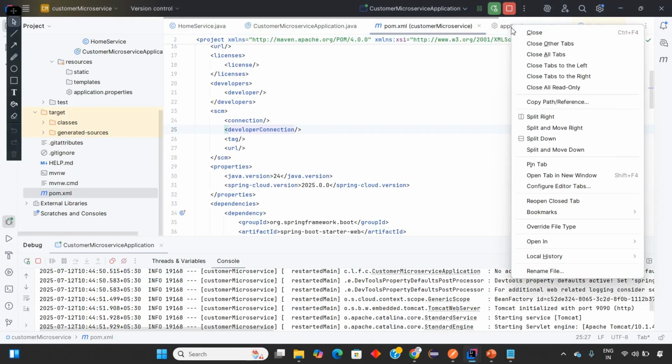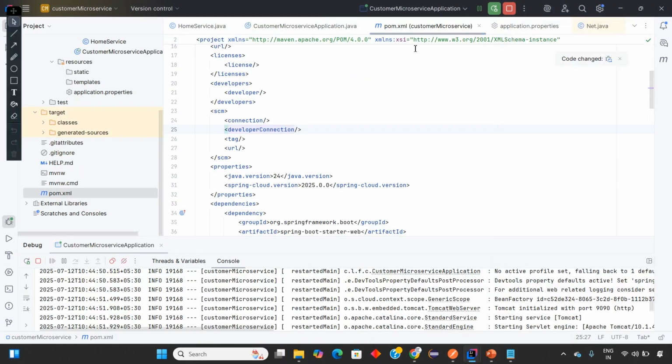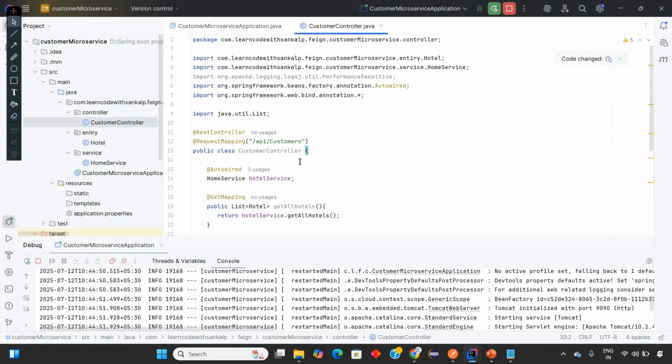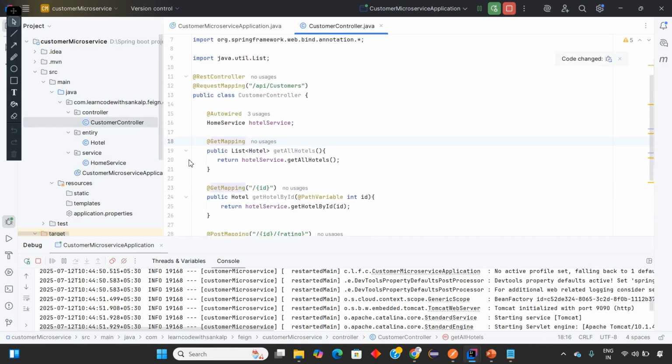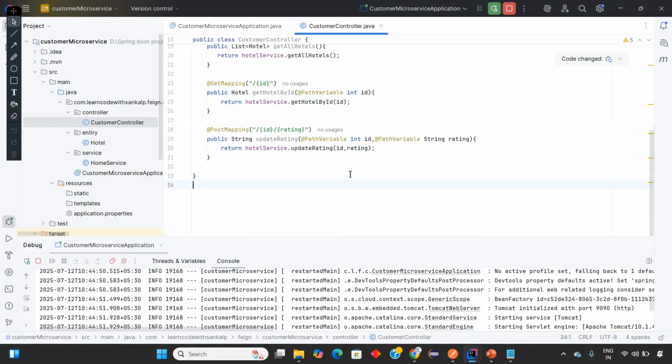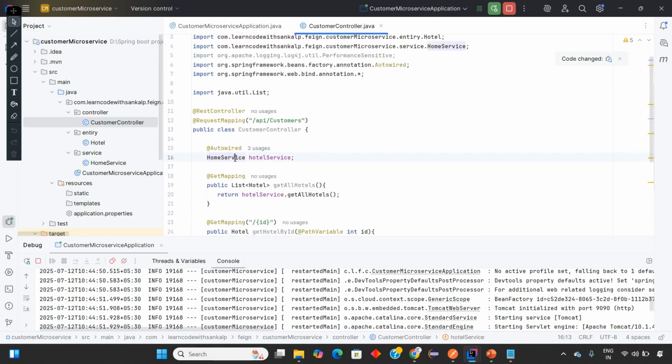This is our customer microservice, guys. For the customer microservice, we have the main class, and then we are using the customer controller, same like our hotel controller. Then we have to create the get mapping, post mapping like that. And the hotel service, inside the hotel service,